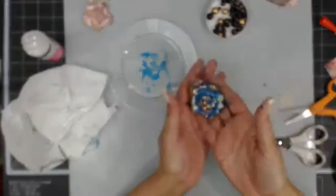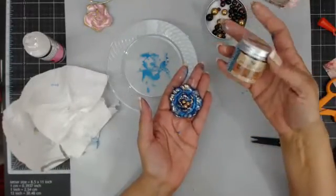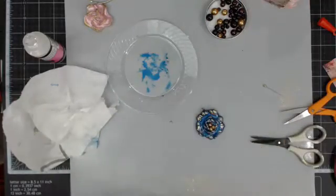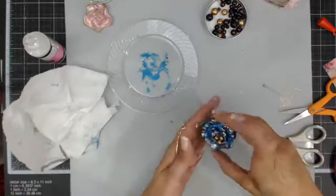And you could even go back in and mix the blues. You could put some seed beads around it in the golds. I happen to have these on my table, the turquoise. They would be beautiful with the turquoise paint. And then what I love about these too is these I picked up like 3 in a package for a couple of dollars. I love these because